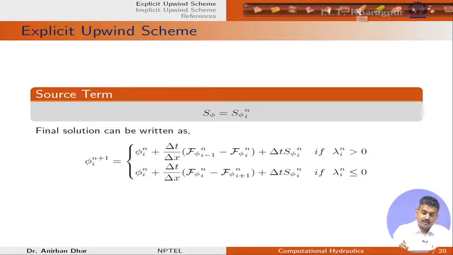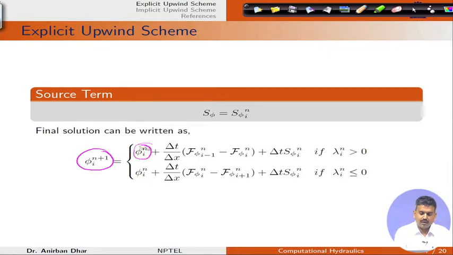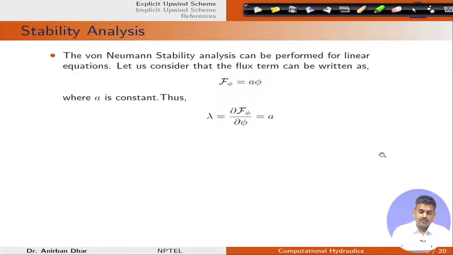If we change the sides for known variables on the right hand side, this is the unknown level, this is the known level, this flux is also known, these values are known, this is also known. So, we can write like this. Now, we need to analyze the stability of this particular scheme, but von Neumann stability analysis can be performed for